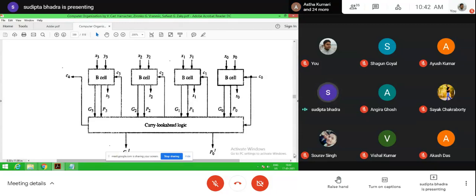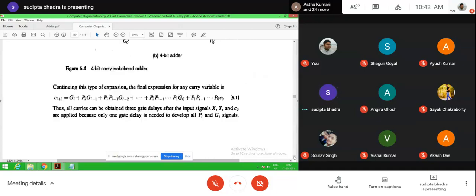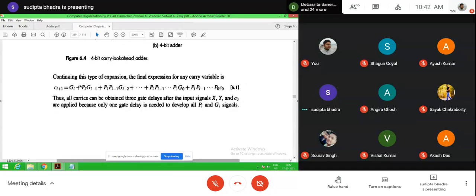Now here one thing is that for this 4-bit adder, if we expand the previous expression, then we can expand Ci plus 1 in this way.